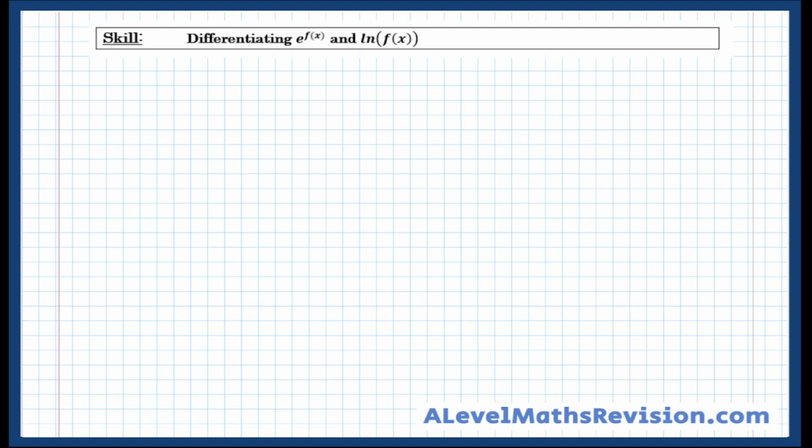In this lesson, we're going to have a look at differentiating functions of e to the power of a function and natural log of a function. And it's worth saying right at the start that the whole rule for differentiation of timesing by the power and taking one from the power only applies to polynomials. So as soon as we get to something more complicated than powers of x, like for example e to the x or natural log of x, or as we'll discover in later lessons, sine, cos and tan of something,